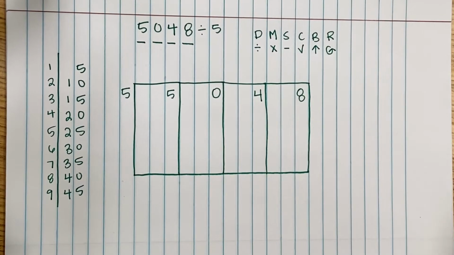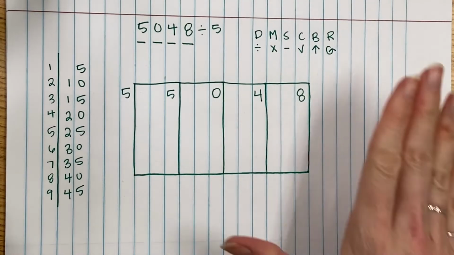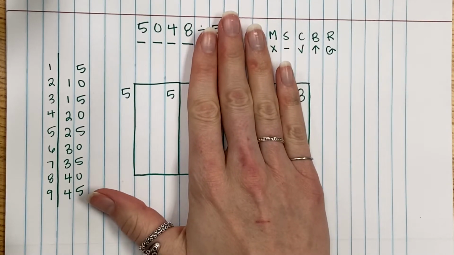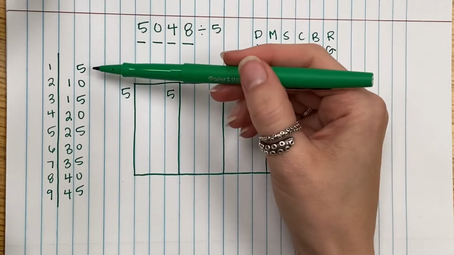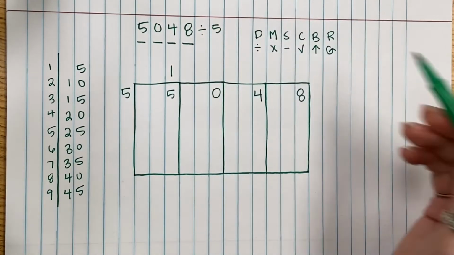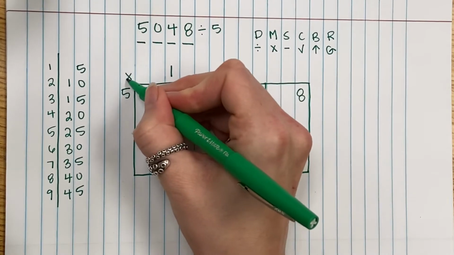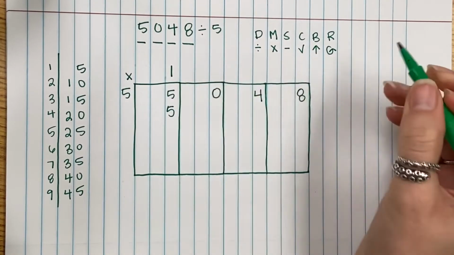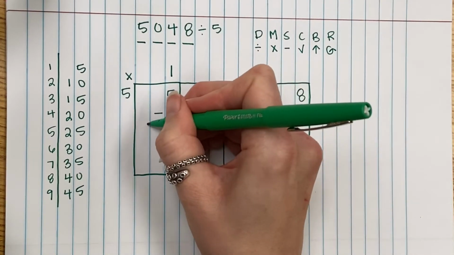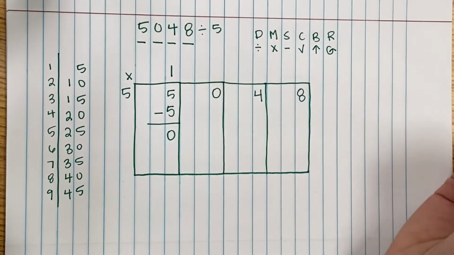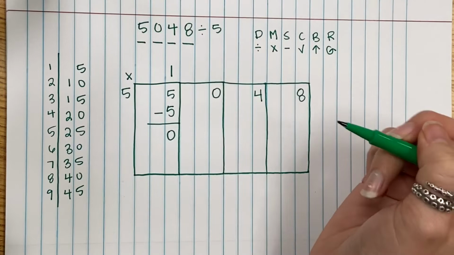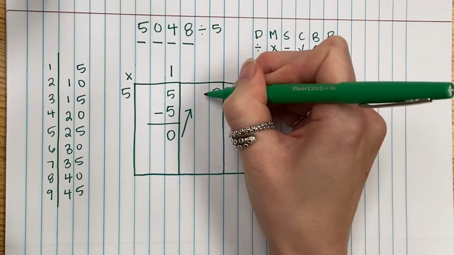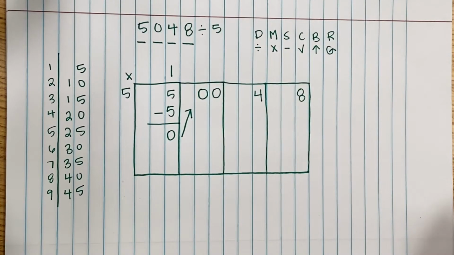So now that I have my multiples as well as my division steps, I can go ahead and get started with dividing. I'm going to ignore all the boxes except for my first box to start. So my first step is to divide, so I'm going to ask myself how many times 5 can divide into 5. So looking at my multiples, 5 can divide into 5 1 time. After I divide, I'm going to multiply. So 1 times 5 is 5. After I multiply, I'm going to subtract. 5 minus 5 is 0. After I subtract, I'm going to check. So I'm going to check, is my remainder smaller than my divisor? If the answer is yes, I can go ahead and bring up that remainder to create my new dividend,